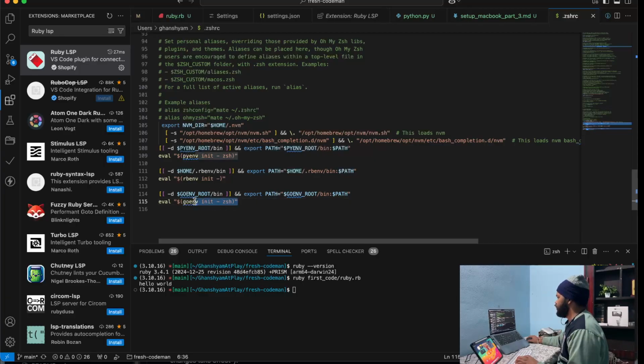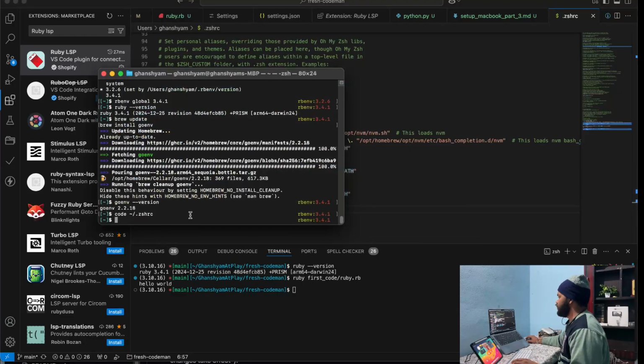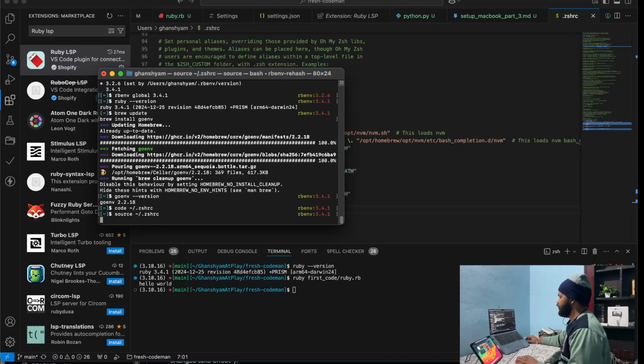And similarly I'll do it for rbenv. Okay, cool. Let's save it. Command S, source it. Now it's sourced. Fine. Now if I do goenv,